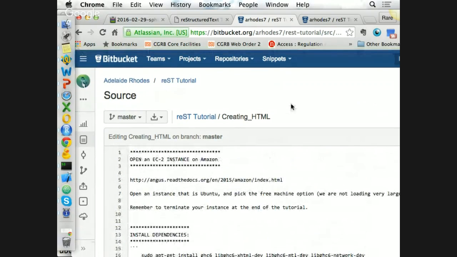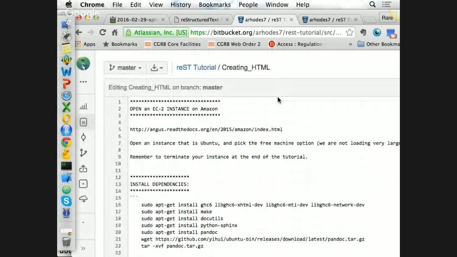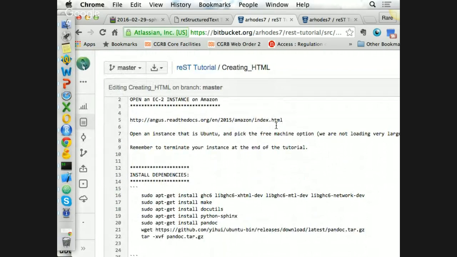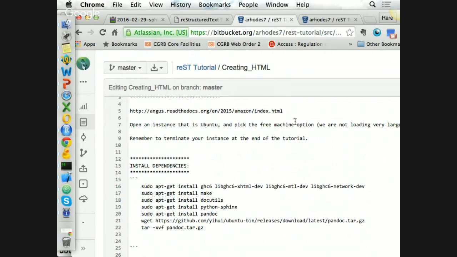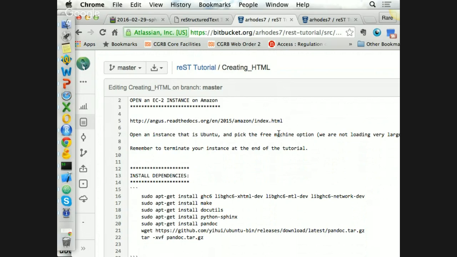So now we're working on the next portion of the tutorial called creating HTML. As you can see, it's written in restructured text, but I haven't made an HTML out of it yet. This is a typical problem that you might have if you want to put your own style sheets into a web page. So the first step is making it an HTML in a way that allows you